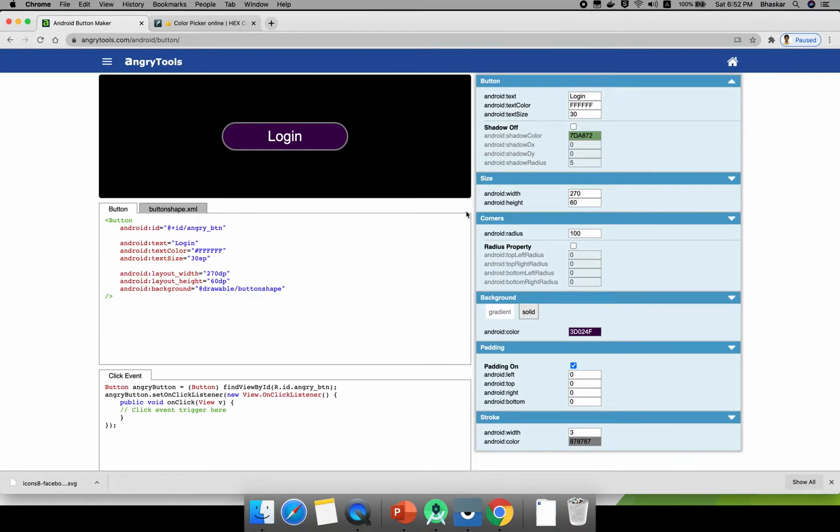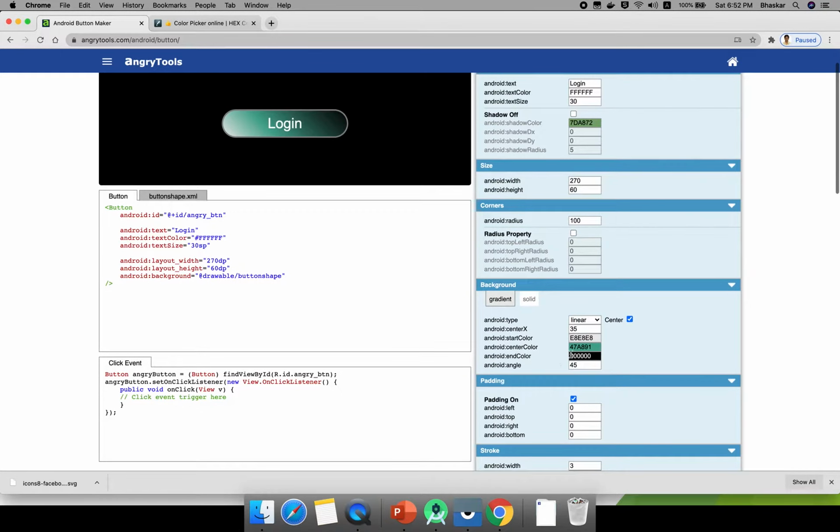Okay, this is a single color. If you go for the gradient, here we have three different colors: start color, center color and end color. I will make the start green, the center blue, and the end color red. See, this is one of the designs.